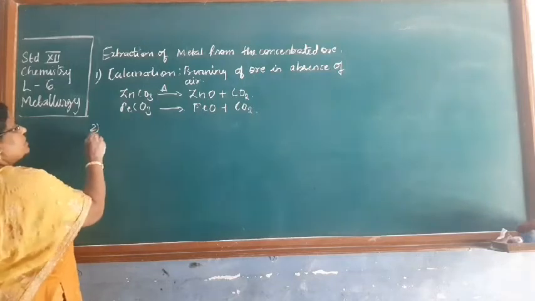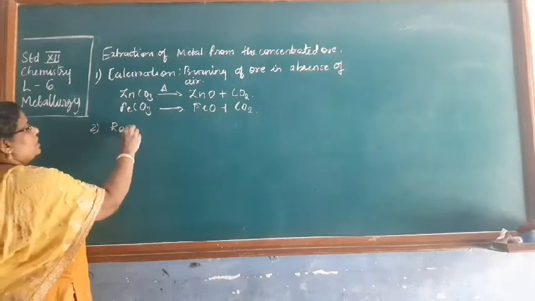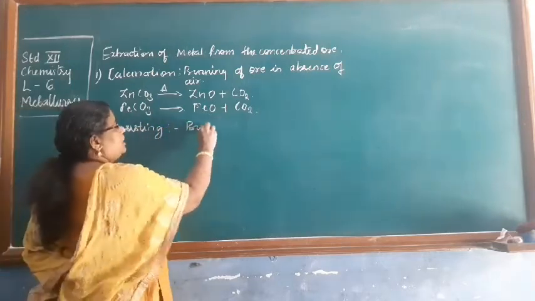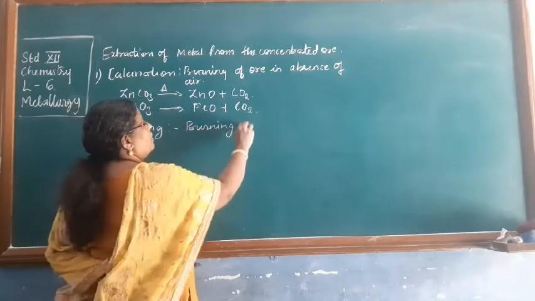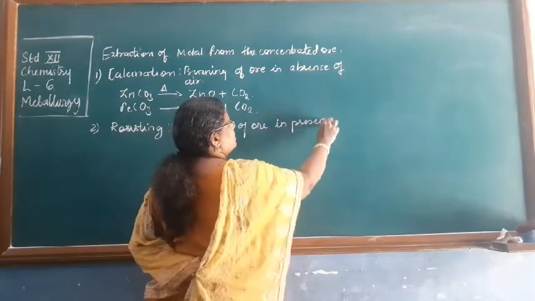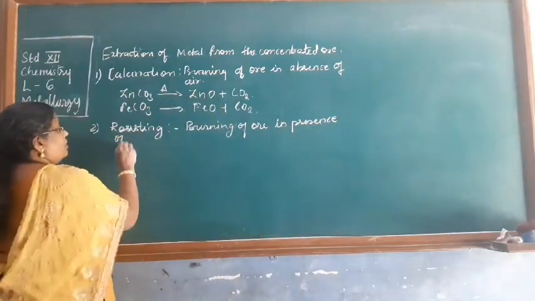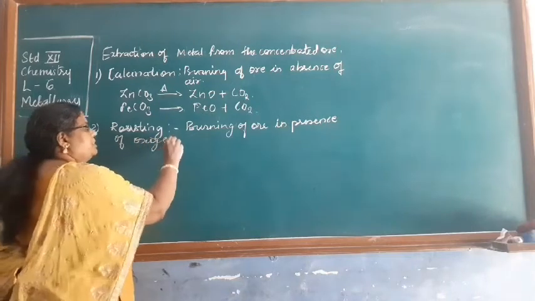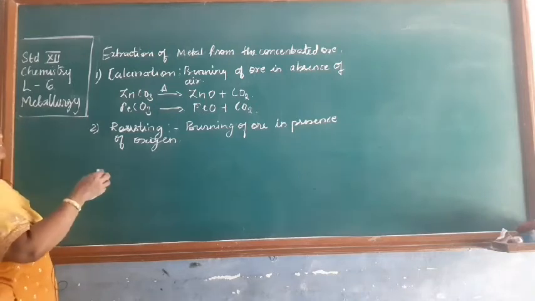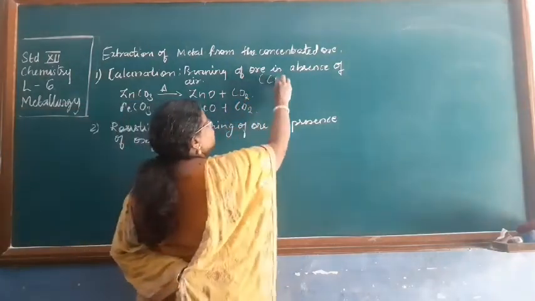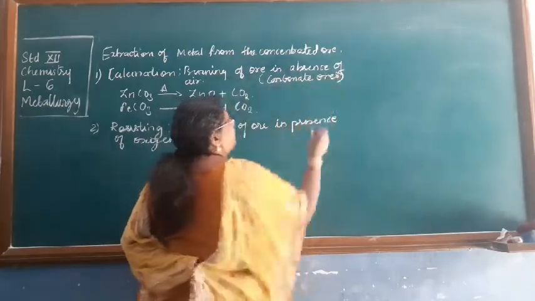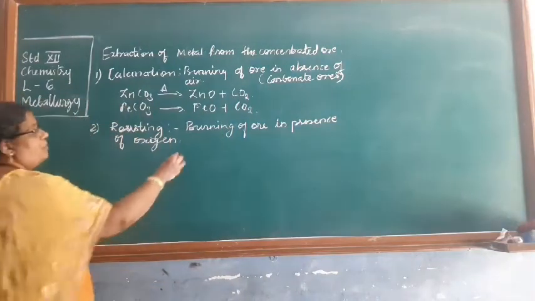The next process which you can have is roasting. What is roasting? It is burning of ore in presence of oxygen. That means you pass air and then you carry it out. What kind of ore is used here? All the sulfide ores. The calcination was for carbonate ores, the ores present in the form of carbonates. Now ores which are present in the form of sulfides,